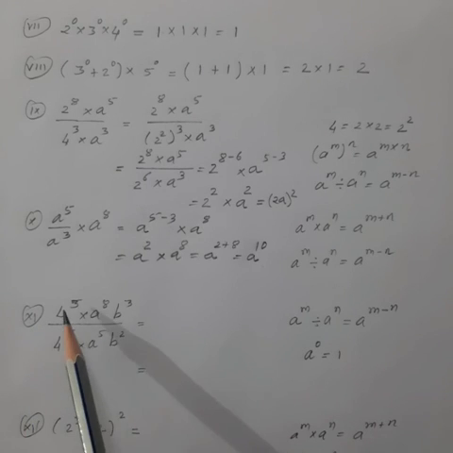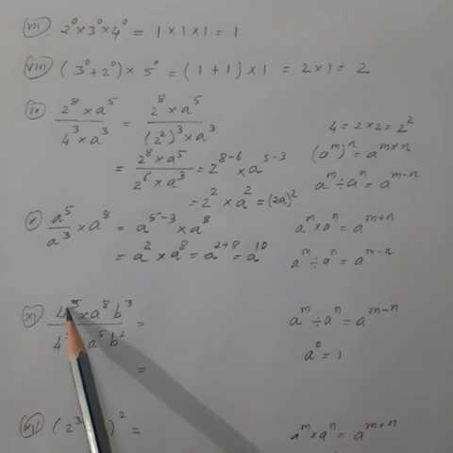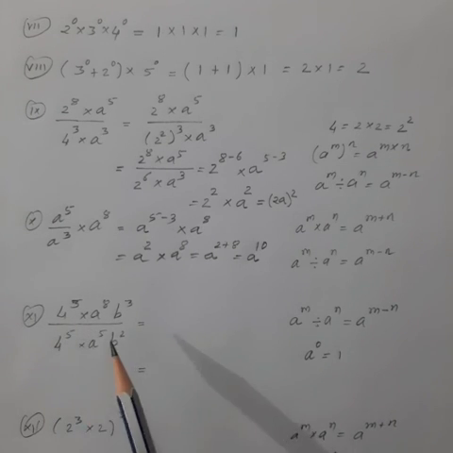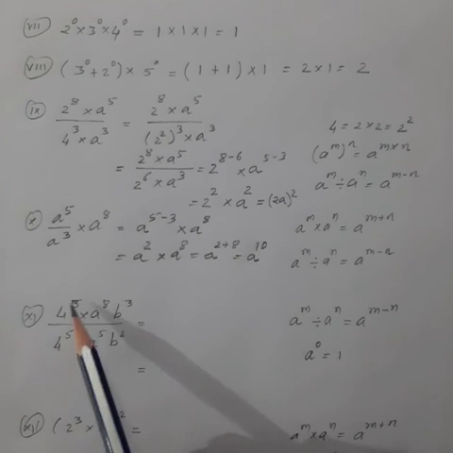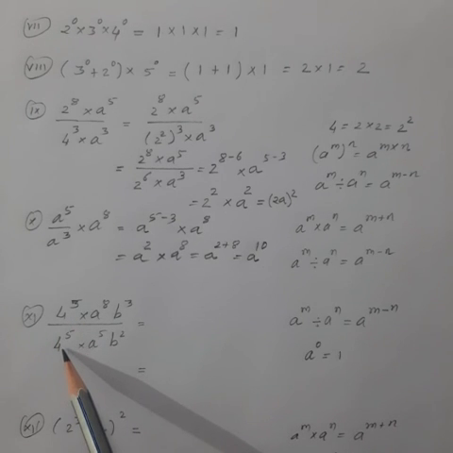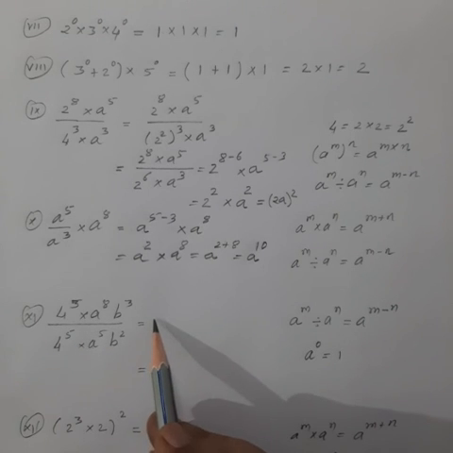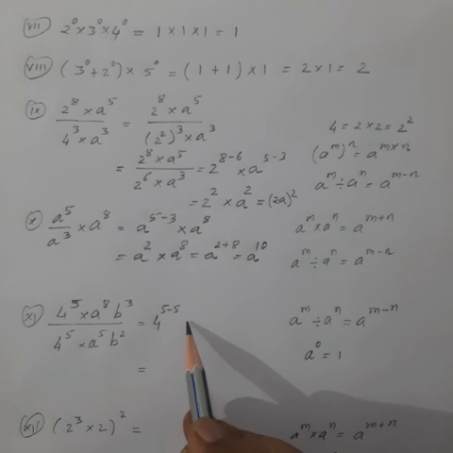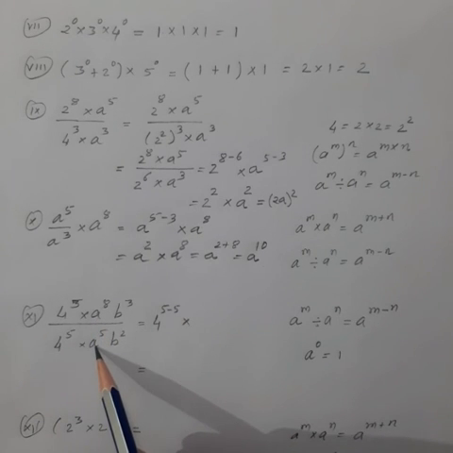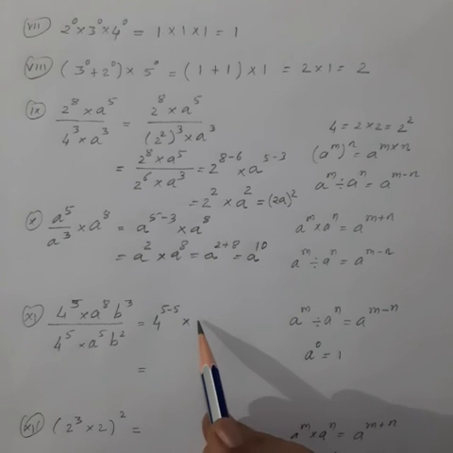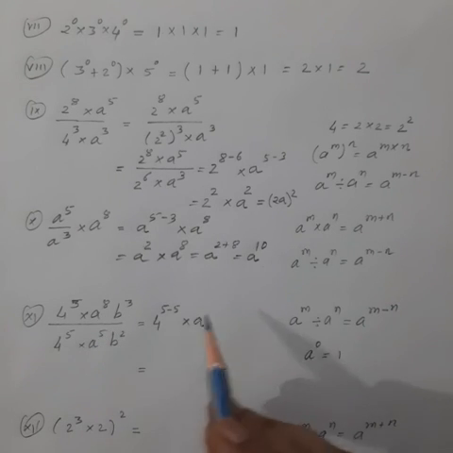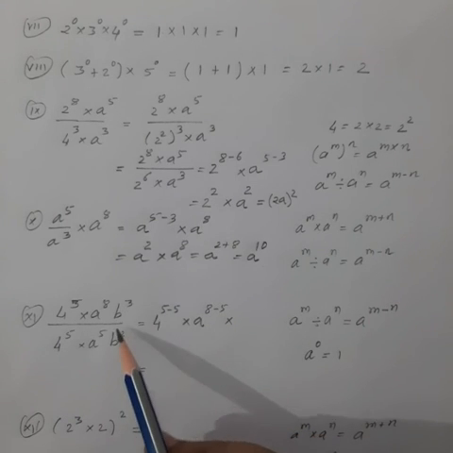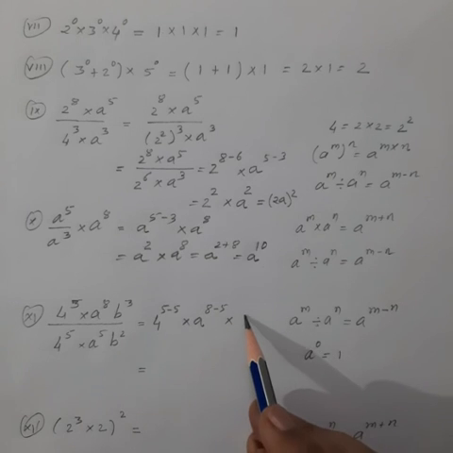11th. In this question, these two numbers. This is the division of two numbers with same base and same power. So one we can cancel them. Same factors from numerator and denominator we can cancel. Or take the base 4 and subtract the powers. 5 minus 5, into. This is the division of two numbers with same base a. So take the base a and subtract the powers. 8 minus 5, into. This is also the division of two numbers with same base b.